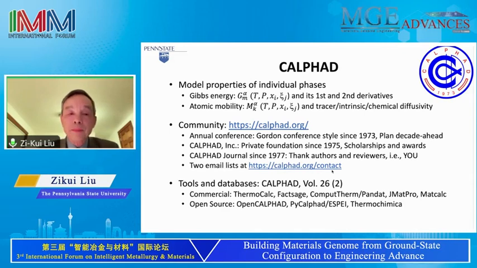And of course, the important thing is that you have to have tools and databases. And for the community to sustain, you must have commercial products. Last week, I was in a symposium and heard Thermo-Calc has now 1,300 users around the world, the big companies, and there are some other commercial ones. On the other hand, if we want to sustain the community's continued development in a scientific way, we must have open source tools too. So these are the 3 or 4 open source tools which we have in the community.